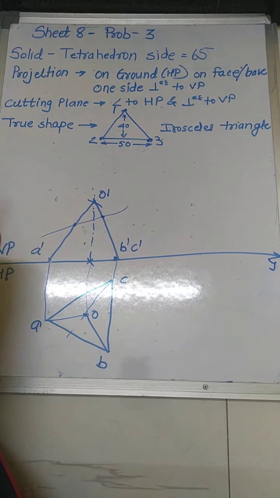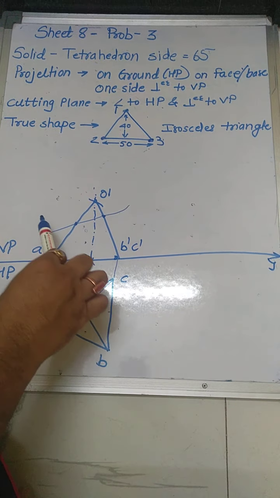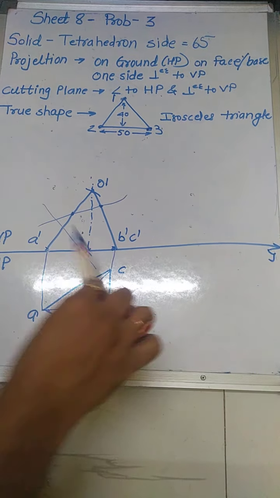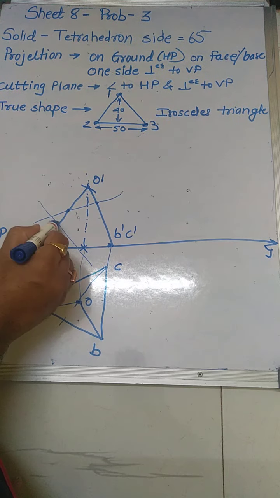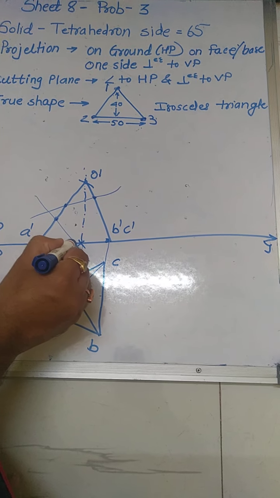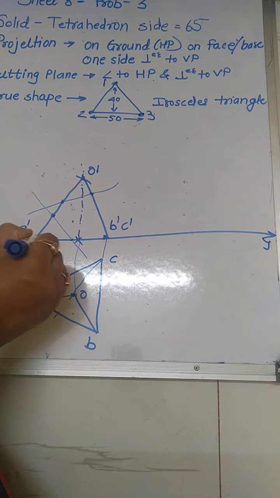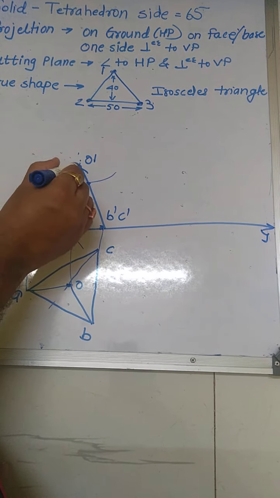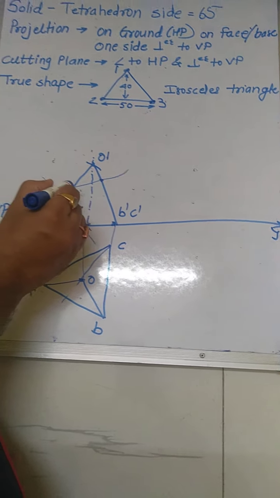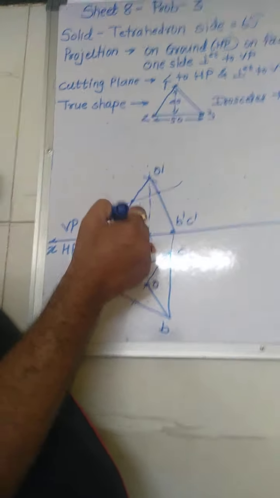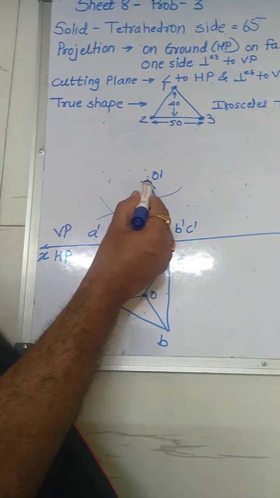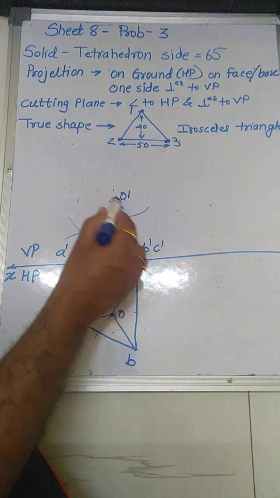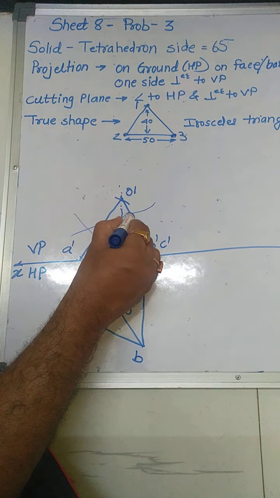This is okay. Now if you take the cutting plane like that, again here you will get 1 cutting point and here you will get 2 cutting points, because of A dash B dash and A dash C dash, two cutting points. Here only O dash A dash is there, 1 cutting point. Here 2 edges are there, O dash B dash and O dash C dash, so here you will get 2 cutting points.